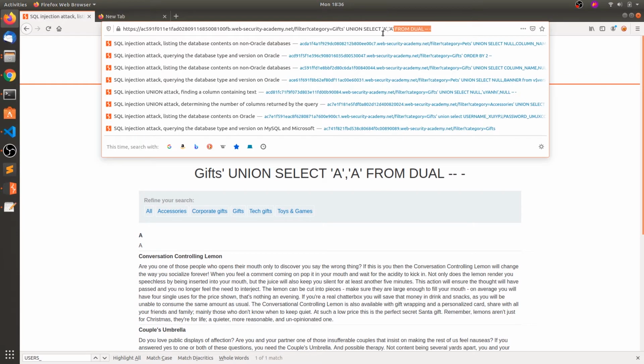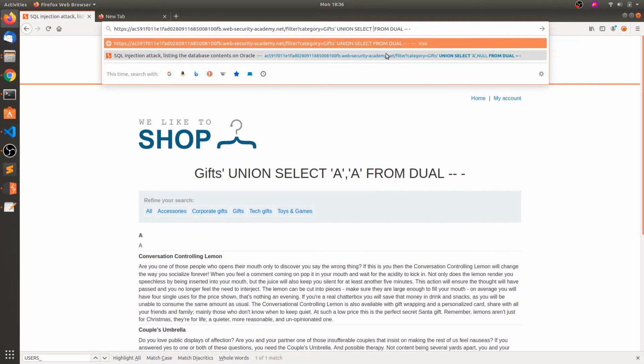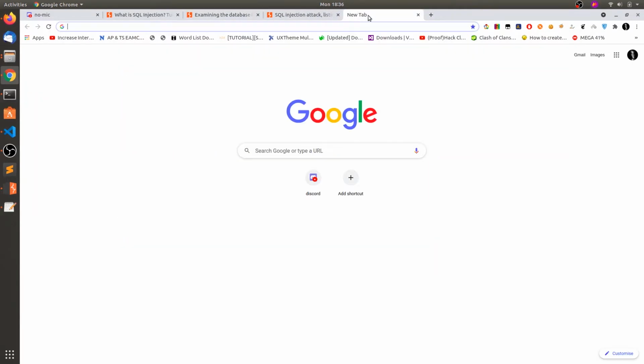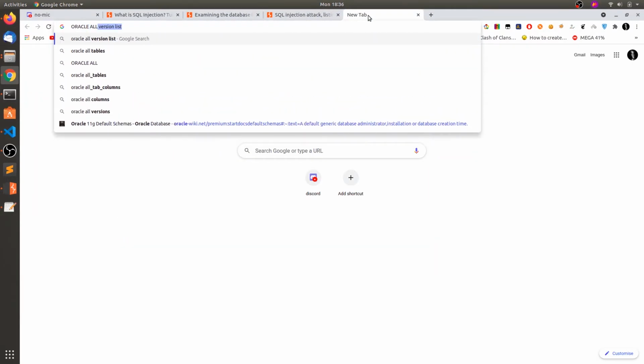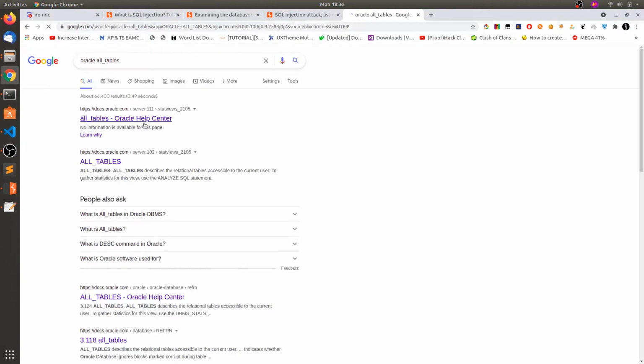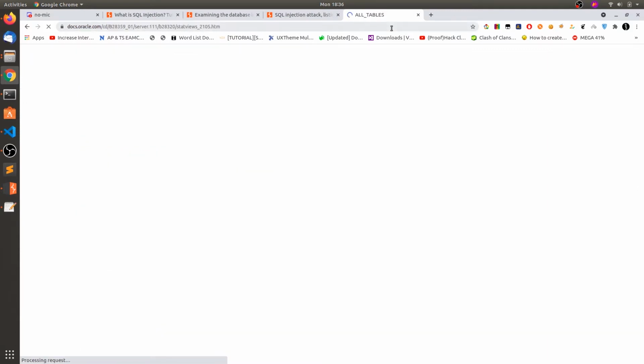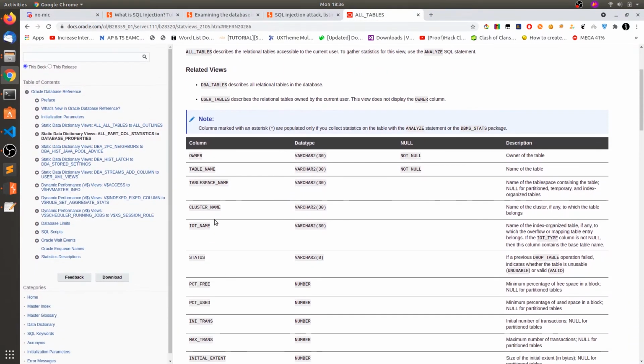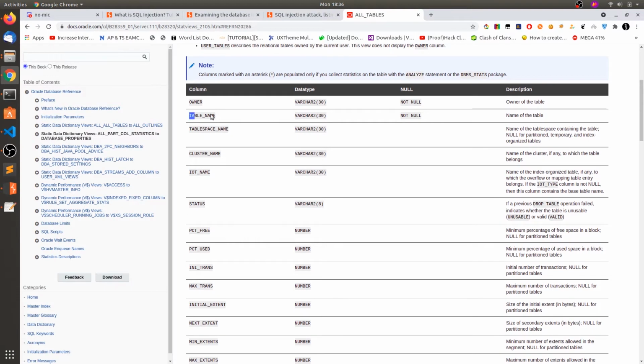Also, okay, what we have is all_tables in Oracle. Go to this help center. You can see these are the columns in this table: table name, cluster name, tablespace name.